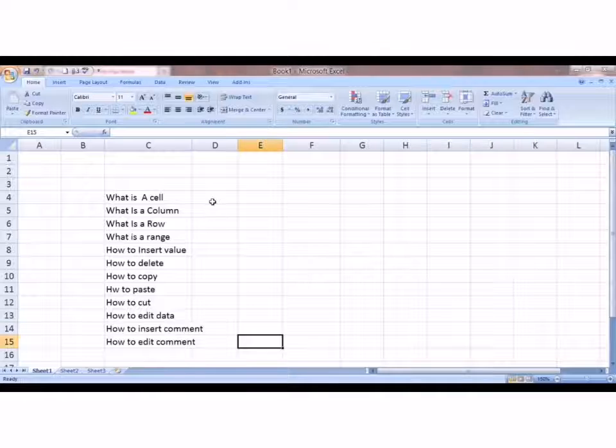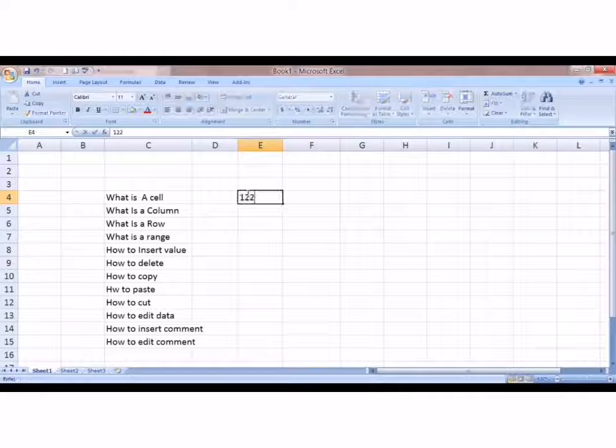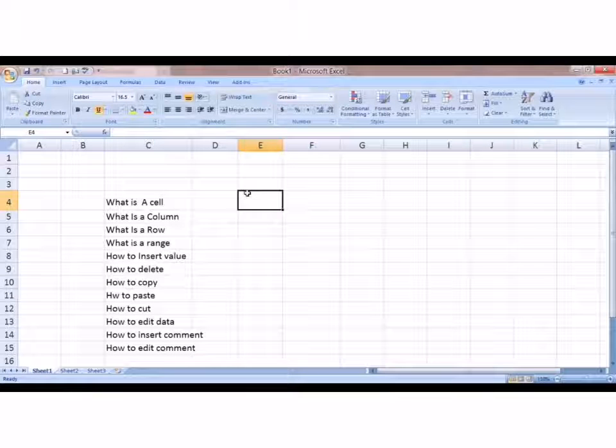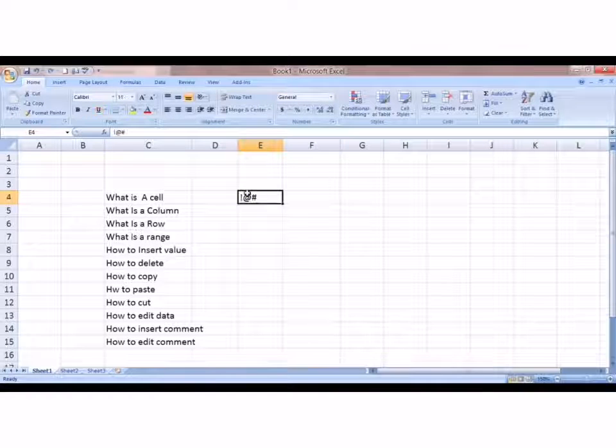So the first thing we're gonna discuss is what is a cell. This rectangular box that you see which is getting highlighted right now is called a cell. In Excel it is called a cell. It is used to enter or store a value, like I'm storing a numeric. You can even store alphabet over here. You can even store numbers over here. So this is a cell,